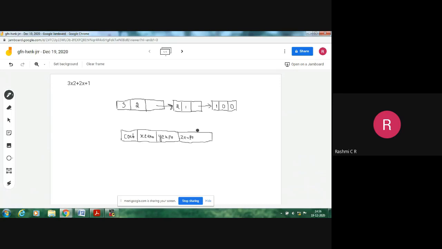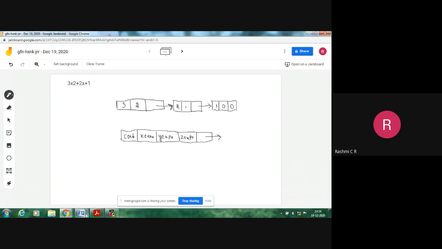For our example, this is the node structure, because we have three variables x, y, and z. There will be a coefficient, x exponential, y exponential, and z exponential, followed by the link to the next node. Every node in this program will have this node structure.